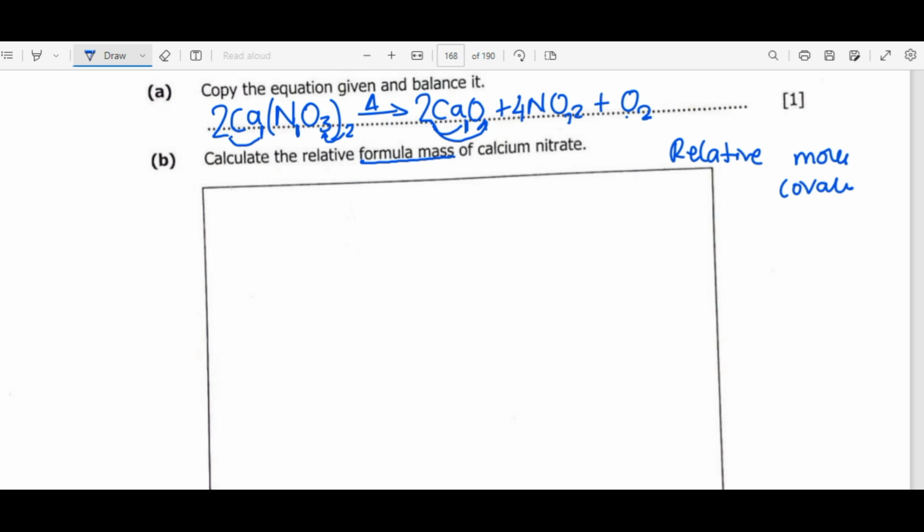Then relative formula mass is for an ionic compound, but the concept is the same. So we say Mr is equal to, so if you look at the periodic table, calcium has the mass number of 40, then the atomic number of 20. Now from calcium nitrate, let's not focus on the balanced equation, let's just look at the chemical formula for calcium nitrate. So it's like this,